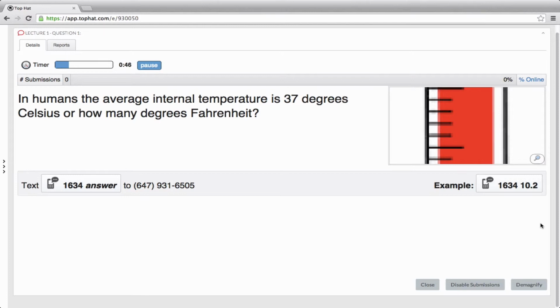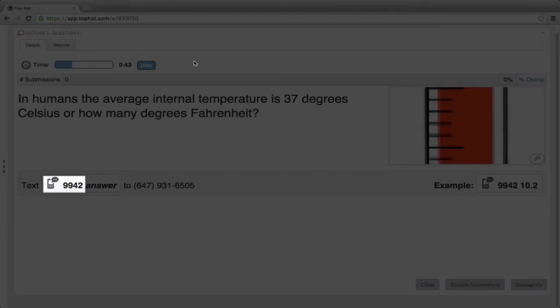I'm going to pause this for a moment so I can clarify a few other features for you. As you can see, the question is visible along with any images you may have included. Along the bottom are the text message prompts for your students responding by SMS text message. This 4-digit randomly generated code is unique to this question, and your students will submit it along with their answer